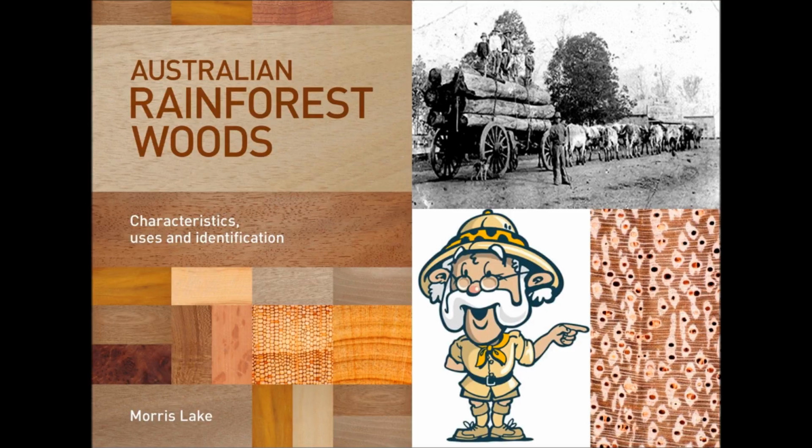Maurice Lake will present his idea of a pattern recognition database to the joint meeting of the International Wood Collectors Society and the International Association of Wood Anatomists at Penn State University in the United States in July this year. His book, Australian Rainforest Woods, is out with CSIRO Publishing, and the details are on our website,